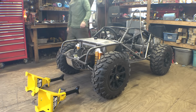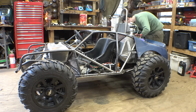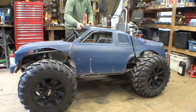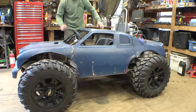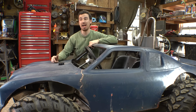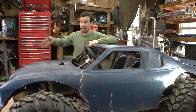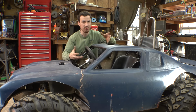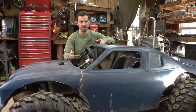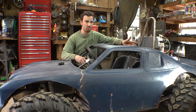Alright, let's see what this thing can do. As much as I would love to drive this thing around for the first time, my yard's not big enough, and I don't really want to annoy my neighbors too much, but I can kind of drive back and forth in front of the shop and get a feel for how this thing accelerates, because I'm really curious how fast this is with high range and low range, because my fear is, even in high range, this thing's not that fast with how much gear reduction is in the gearbox,